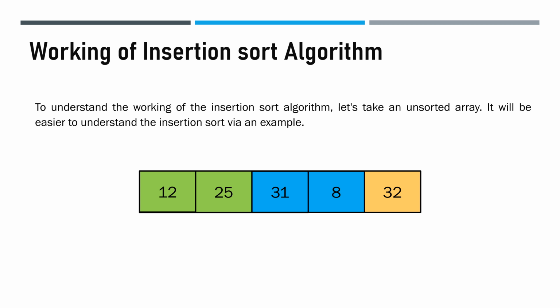Next, we'll check the next two elements and swap them. We'll check the previous two elements too. They are also in descending order, so we will swap the two elements. We'll check the another two elements and swap them. We'll check the second last two elements. If they are in sorted order, we will keep them in the same way. Next, we'll check the last two elements. If they are in the same way, we will keep them in the same order.